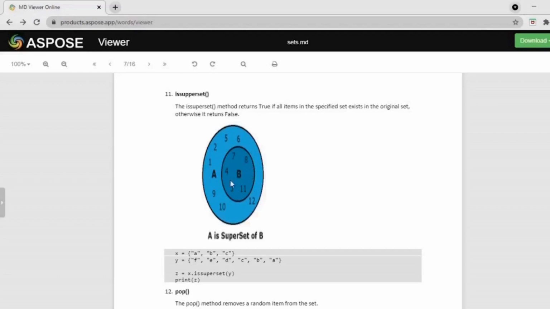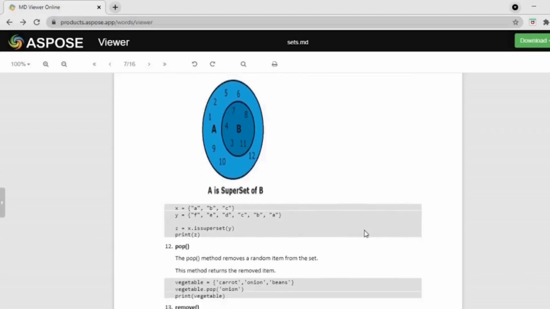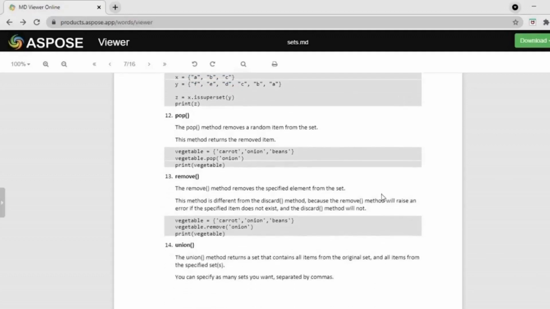Here, B is a subset of A, which implies A is a superset of B. So, in the same example as before, we saw that X is a subset of Y, which implies Y is a superset of X. Next is the pop function. Pop function is used to remove an item randomly from a set. Here is an example which pops out the onion element from the set vegetable.